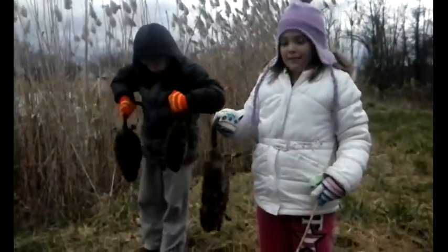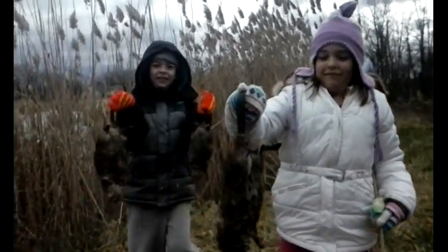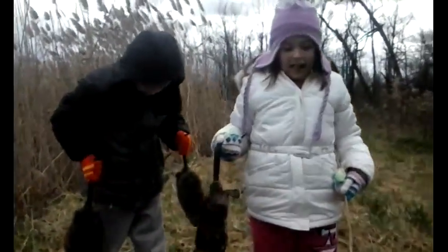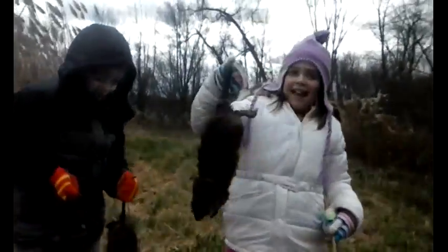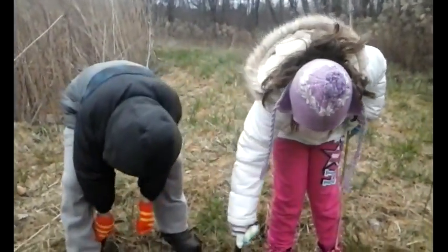Hold them up high. How many rats did we get? 3. Really sharp toenails. Muskrat. Which one's Kara's? Mine. Every check, they seem to get a little bit bigger. We got 3 of them. And I hope